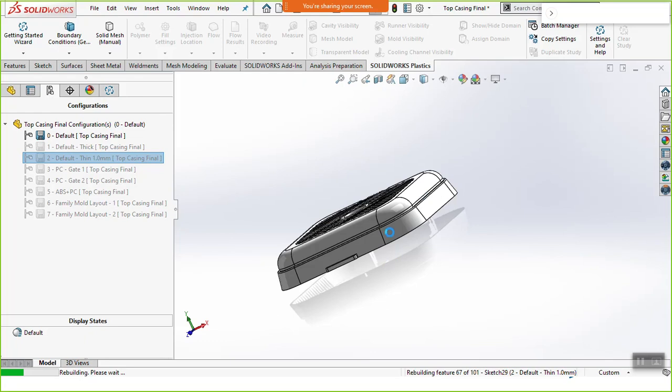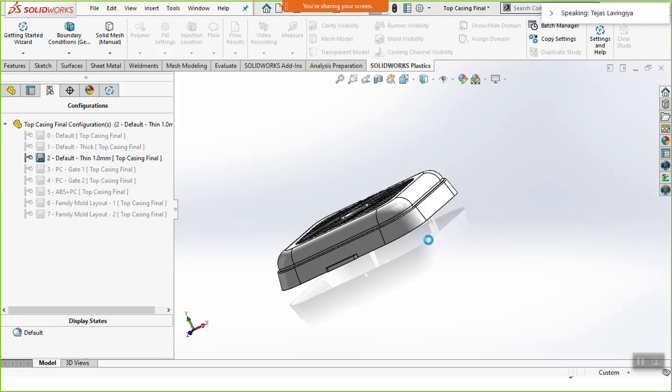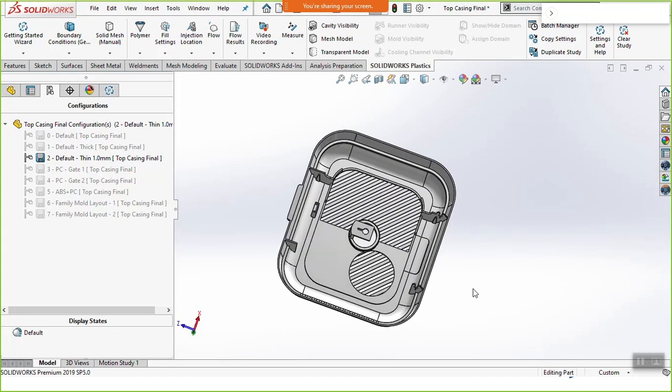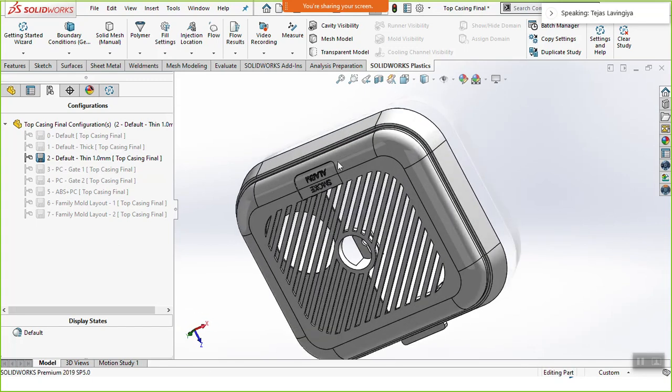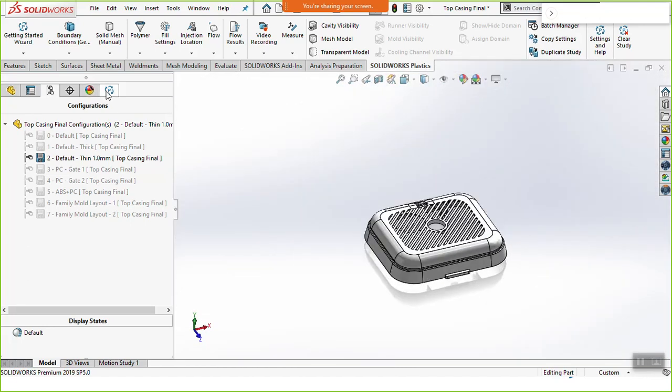Again, you can look closely. There are a few features in this product which are much more intricate. There are ribs in the product. Then there are also a few things like the company logo or the company name, all imprinted on the product, right? So all these things you will have to take into account while you design your plastic part. Each and every cavity must be filled completely, right? So yeah, see over here, the name is also written over here, right?